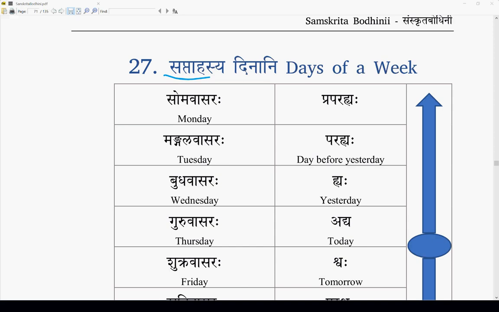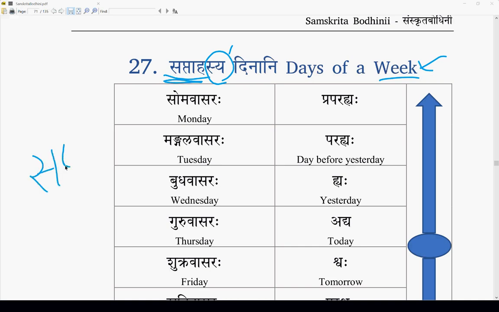So here, Saptaha. Saptaha is Sapta and Aha. Here, Saptahasya is Shashti Vibhakti, like Ramasya. So this is a Vibhakti. But the base word here is Saptaha, like Rama, Saptaha is Pullinga. Saptaha is a week. But what is the etymology of week? I don't know. But Saptaha, what is Saptaha?